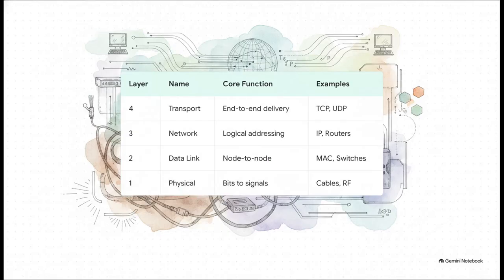But to manage all this new digital complexity without it turning into absolute chaos, engineers standardized the OSI reference model in 1984. It's a hierarchical framework that gives everyone a common vocabulary. At the very bottom, Layer 1 handles the physical stuff, like cables and signal voltages. Layer 2, the data link layer, ensures reliable node-to-node delivery using hardware MAC addresses and switches. Layer 3 handles logical addressing and routing, think IP addresses. And Layer 4, the transport layer, manages the actual end-to-end delivery using protocols like TCP.